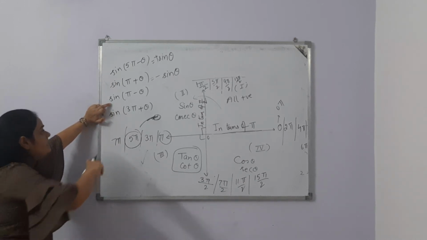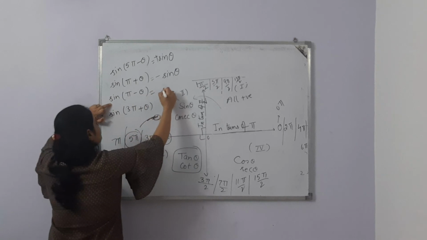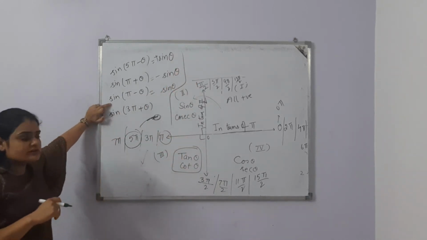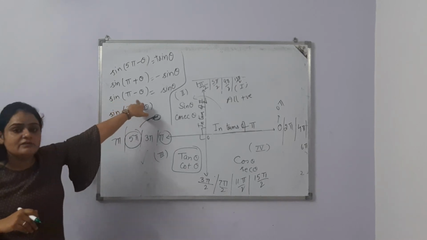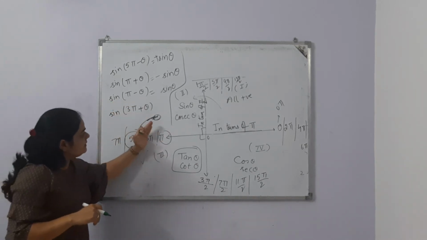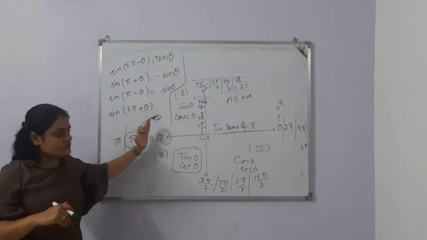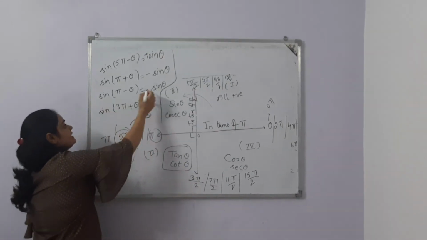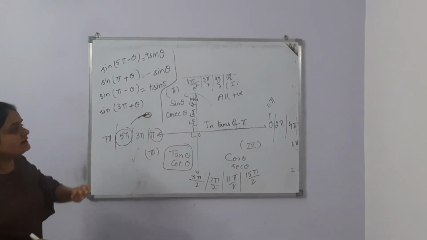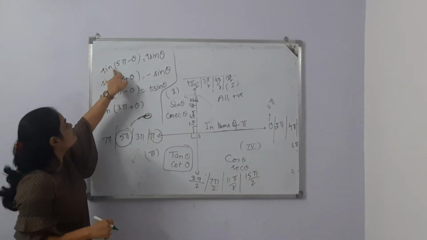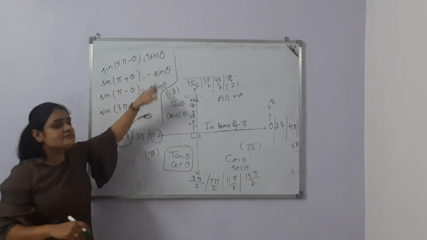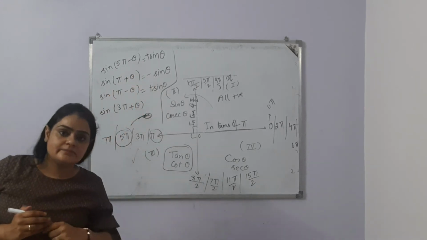Again, now sine pi minus theta. Of course, the angle is in terms of pi, so sine will remain sine. So what about the negative or positive sign? Minus means clockwise direction, here is pi. Pi minus is the second quadrant, of course clockwise direction. In the second quadrant sine is positive, so I am getting positive sine theta. But you are watching sine 5 pi minus theta and sine pi minus theta, both the answers are the same. It is plus sine theta.